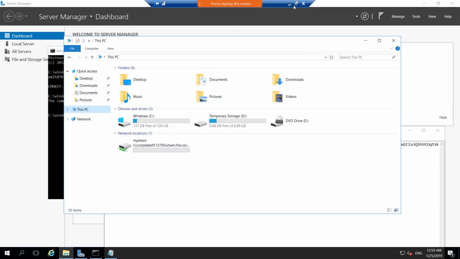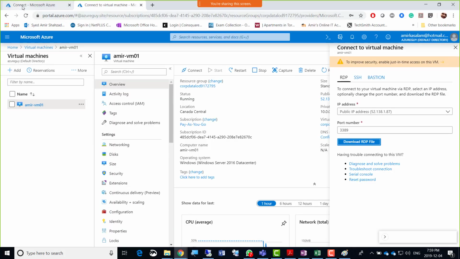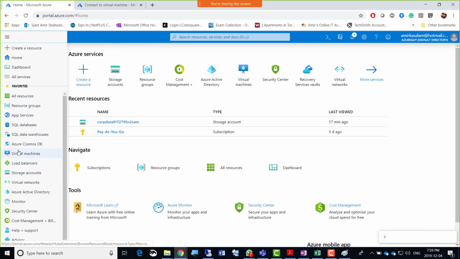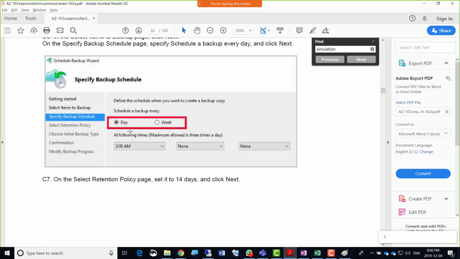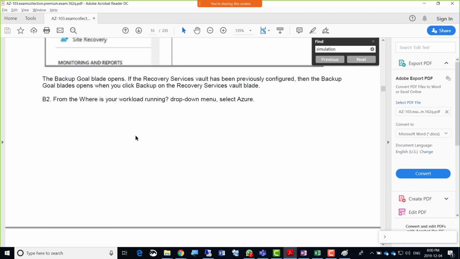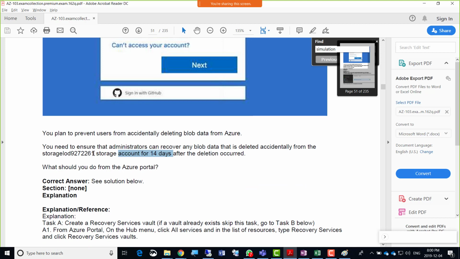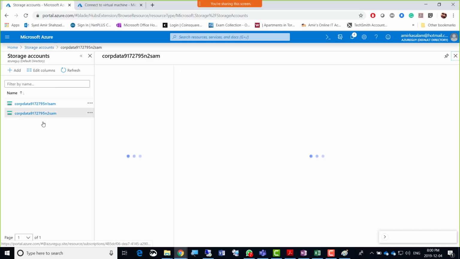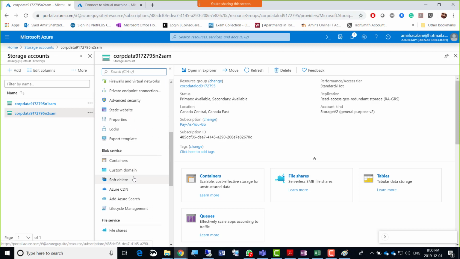So I'm gonna go to the Azure account here. So how do we do that? We go to this menu, we go to storage account here, and then we assume that that particular storage account is there with that wording, with that number, right? Yeah, so that number, 2261. Maybe if it's there. Otherwise, whichever storage account is there, just go ahead. So I'm just gonna click that storage account which is already there, and then we go down to soft delete.